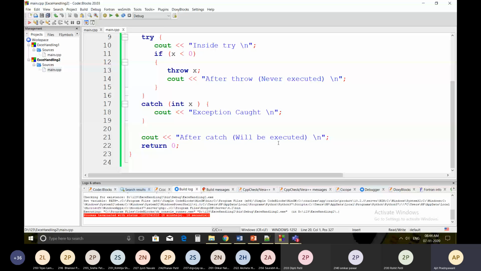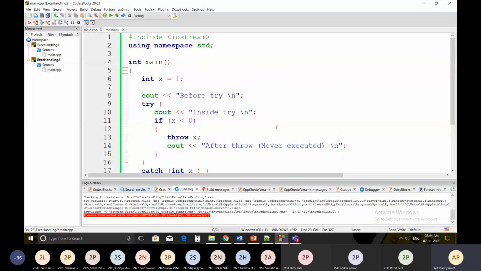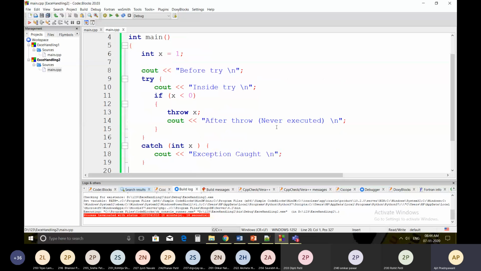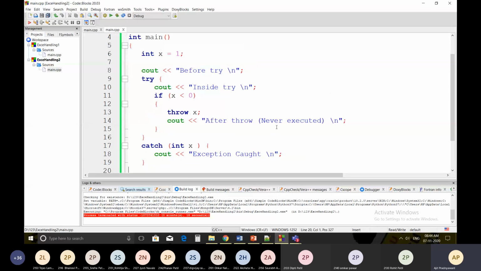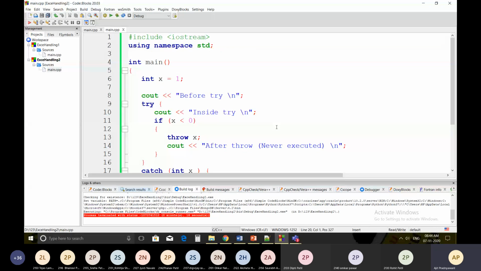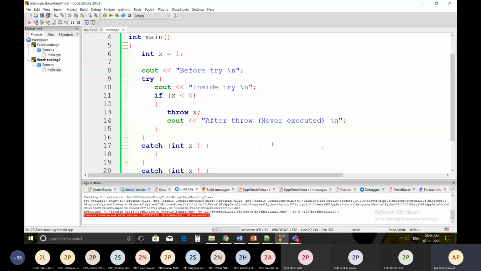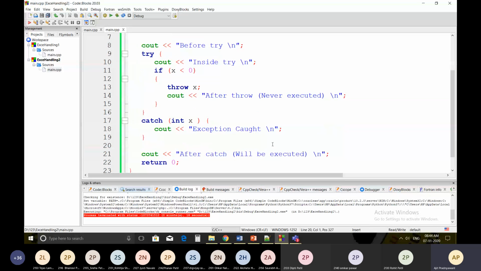This is to maintain the normal flow of the program, and exception handling is used for that. So just use the code I have shown, and do the stuff with the try, catch, and throw keywords. Then you will understand how to handle the exception.